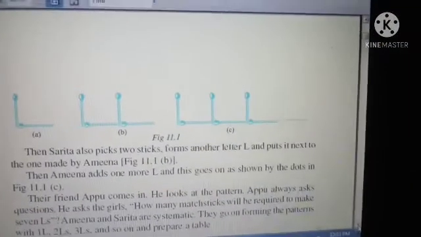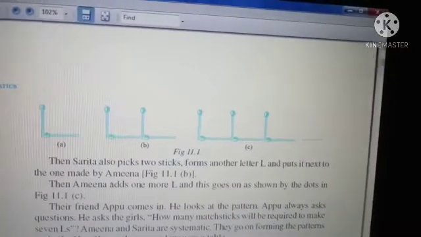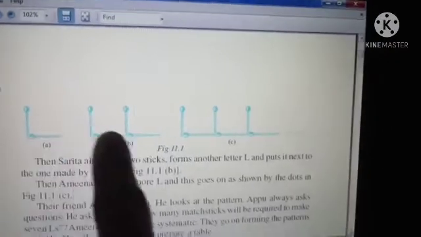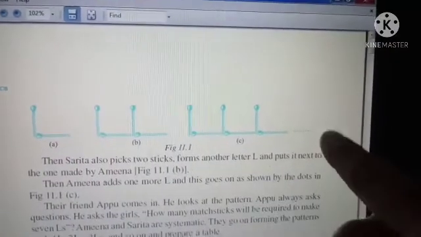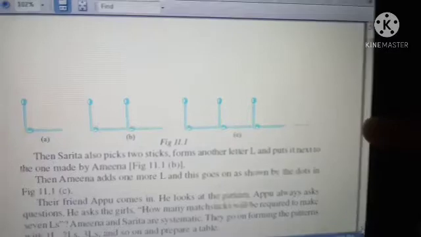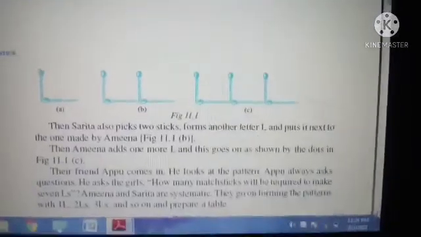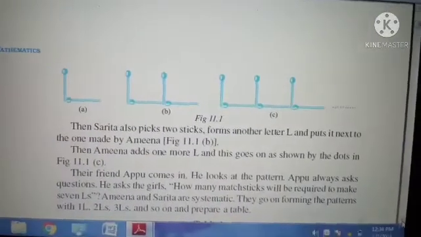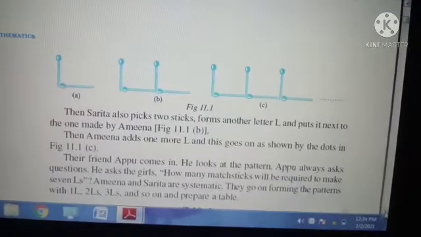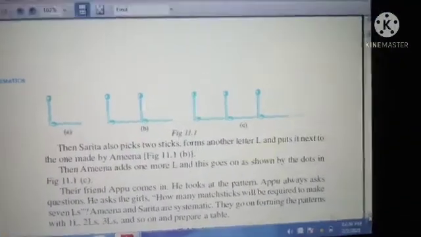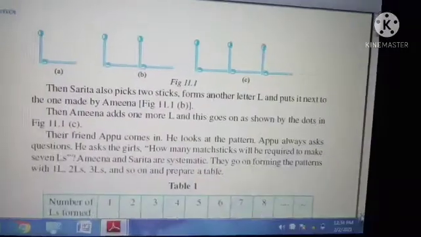It will come like that. So what is the pattern they are following here? 2, 4, 6, 8. So it is like multiples of 2. Correct? 2, 4, 6 and all, it is multiples of 2, right? So that is the pattern.